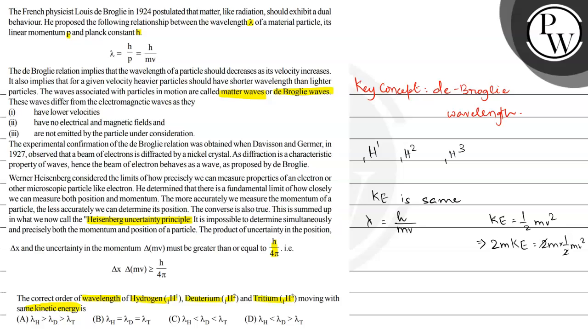So this is m square v square, or m square v square is equal to 2m KE, and mv, that is the square root of m square v square, is equal to square root of 2m KE. So here we can put lambda is equal to h by 2m KE,